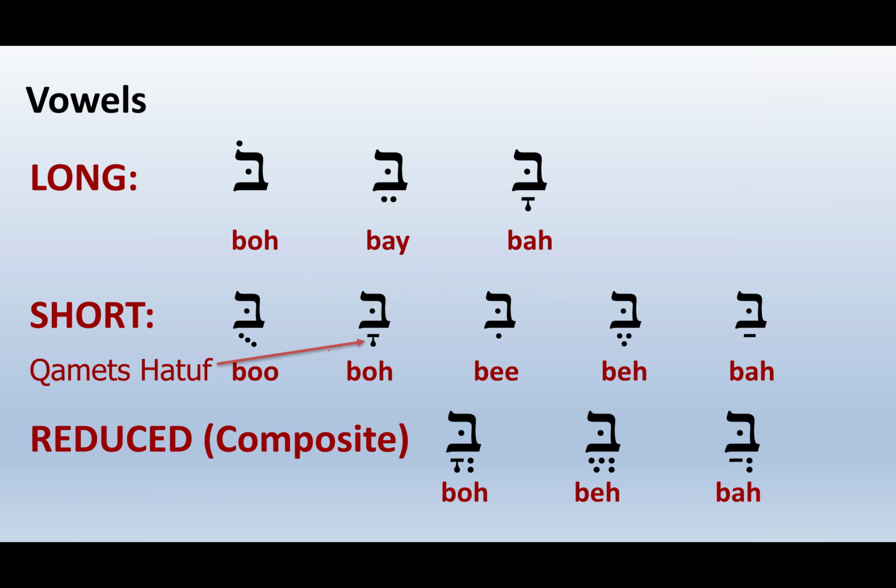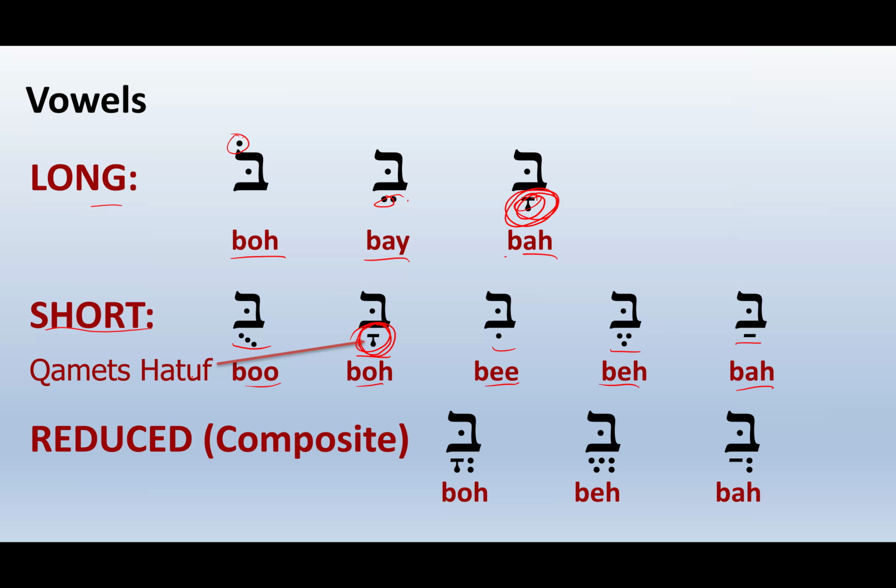So let's do a vowel review. And we're going to read on this one from right to left. We have the comets, the tsere, and the holum, and it's pronounced ba, be, and bo. And then, that's long vowels. Then the short vowels, this is going to be a comets hatuf. That means it's an O vowel. We'll talk about that later today too, so you can distinguish a comets like this one up here on the top from this one here in the short row. So we have a patach, the segol, hirik, comets hatuf, and kibbutz, and it's pronounced ba, be, bi,